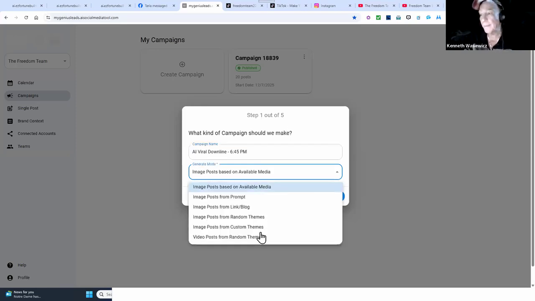These right here are the different formats. If you're an AI guy and you know how to do prompts, then use that. I'm not going to teach you how to do it. If you want to use a link or your blog to take the data from, go ahead and try it. If you want to create random themes, custom themes, or do what Ronnie did, the video post.